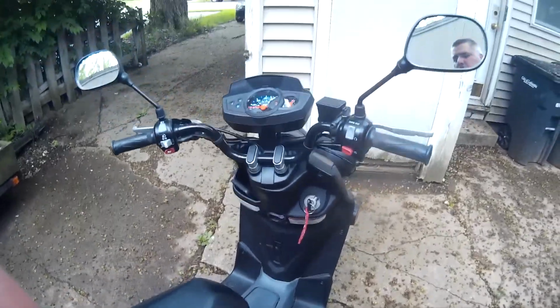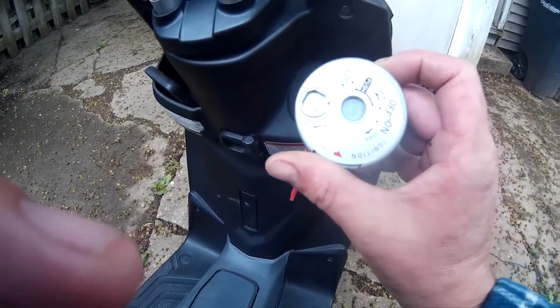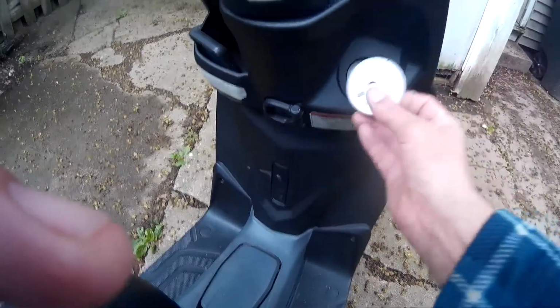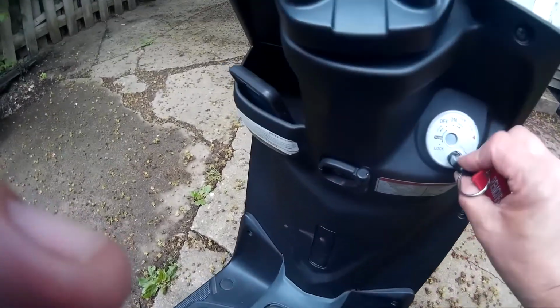Okay, so let's take it for a ride. Okay, so let me show you this real quick. Here's where the key goes in. There's supposed to be this bezel over the top of that. I'll show you this. It just slides on there like so to cover that up, and then it's got this